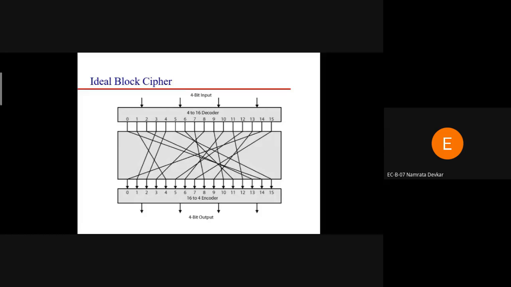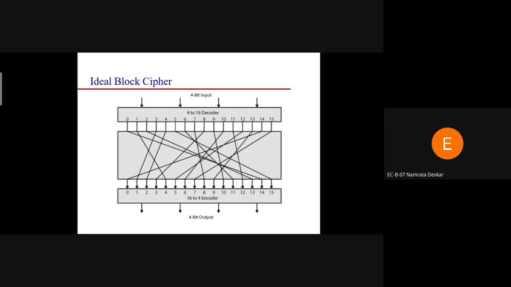Based on this particular mapping, we can hide our information. If we hide the information with such algorithms, the hacker or attacker cannot understand the contents of the message. Likewise, we have to study various algorithms. This is the first algorithm from unit number 1, called the ideal block cipher. Have you understood the concept and how we can design it?